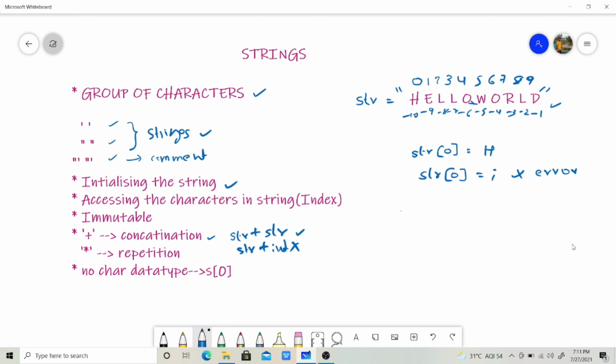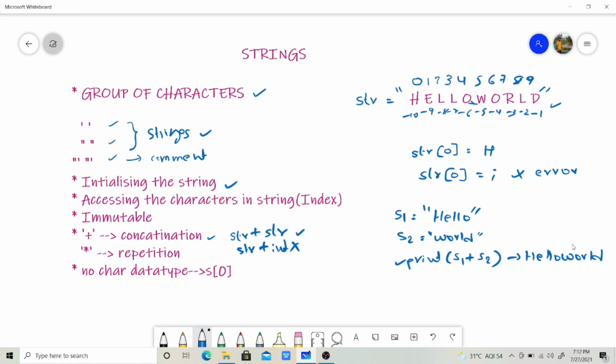For example, if you take s1 is equal to hello, and s2 is equal to world, if you print s1 plus s2, it will give you helloworld without any space. This is the concatenation of two strings.